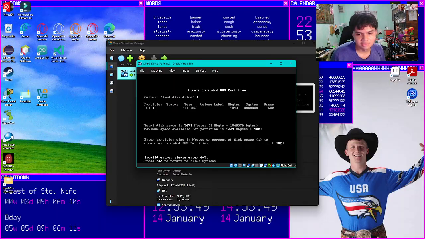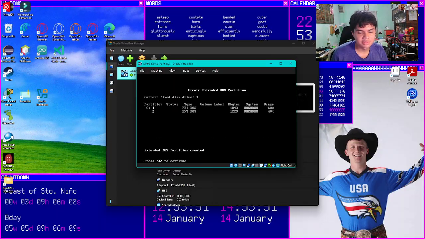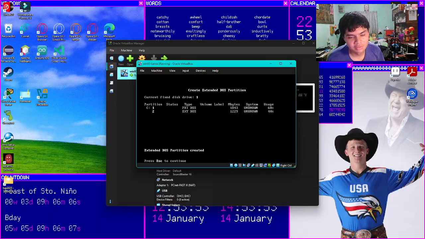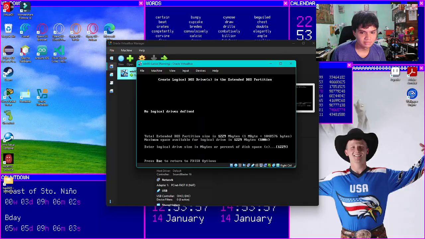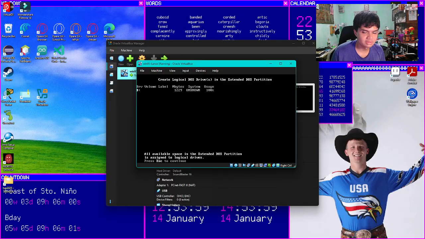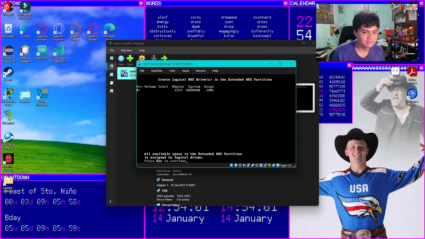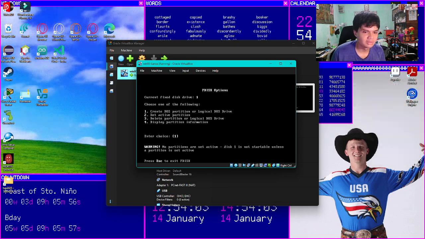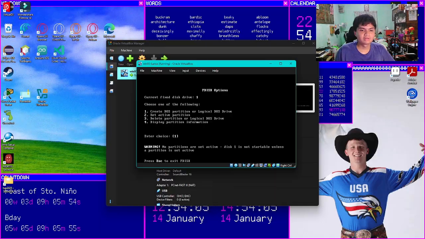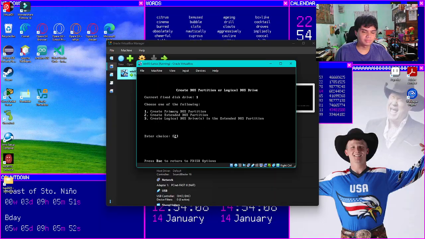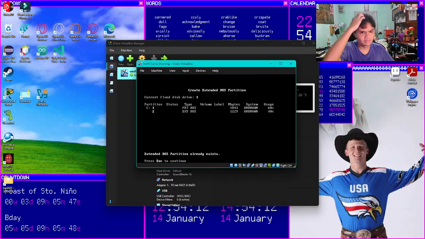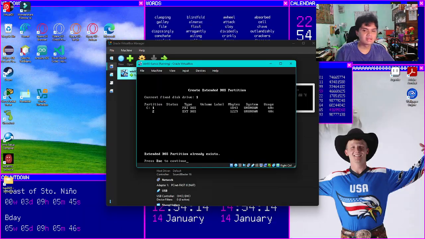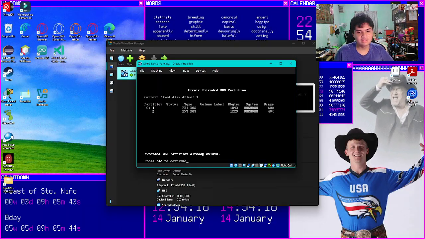There we go. Then press enter. Now we have 60 and 40% in our partitions. Then press escape to define, and just press enter, and then just press enter. Then press escape. There we go. If we check the drives, we now have 60% drive C, then 40% drive D.